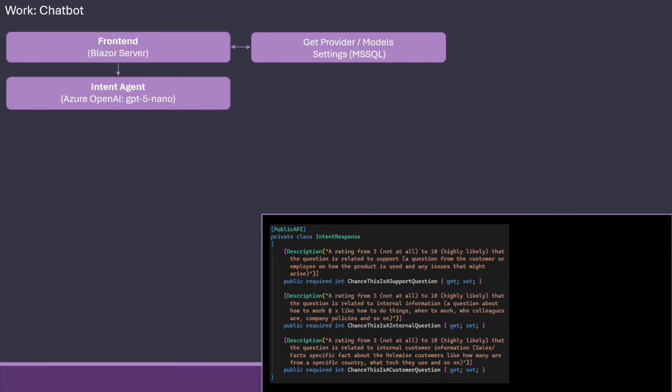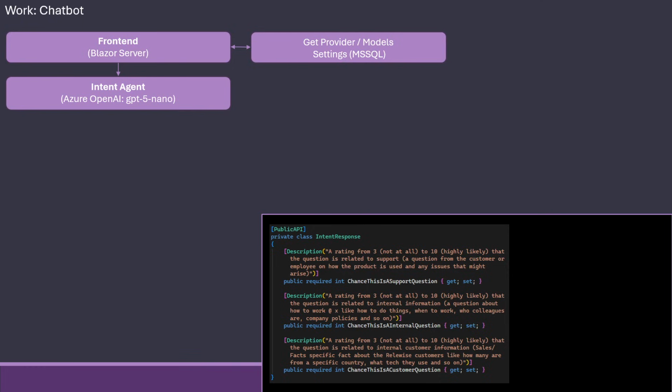And these 3 to 10 mean how many vector search records I want to get back in that area. So if it sounds like a support question, it will score high on that and get more support data, while it will get less of the internal data and customer data.